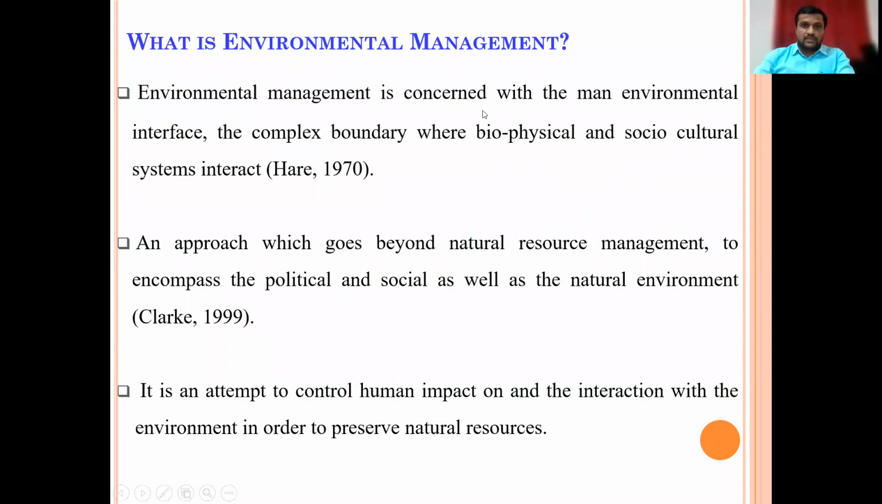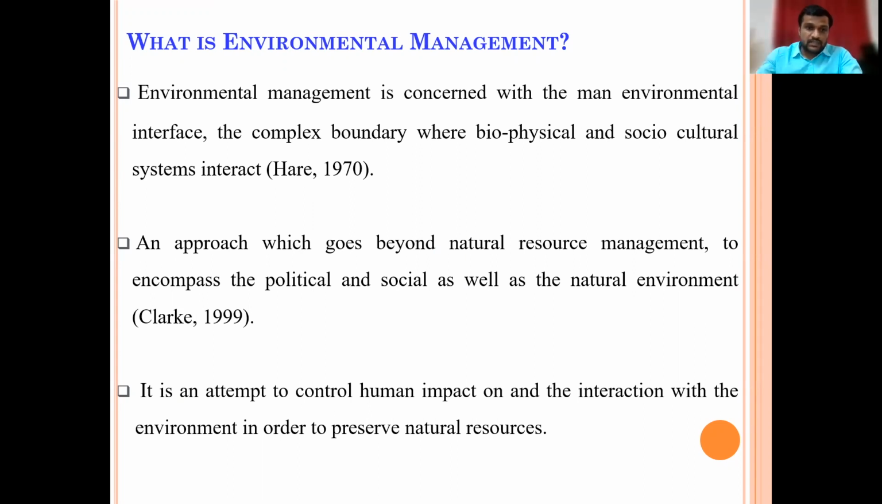So I am going to start with the term environmental management. It is very important to see the meaning of environmental management. Environmental management is generally concerned with the interaction of man with the environment. Okay, so it's a complex boundary where the biophysical and socio-cultural systems interact. This definition was given by Hare in 1970. And when we talk about the interaction of humans with the environment, it's a very complex phenomenon. It's a very complex system. We need to study and analyze the interaction mechanism between the environment and the human,